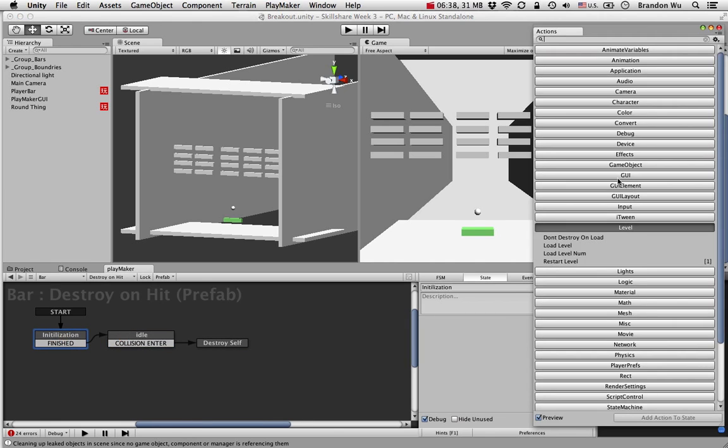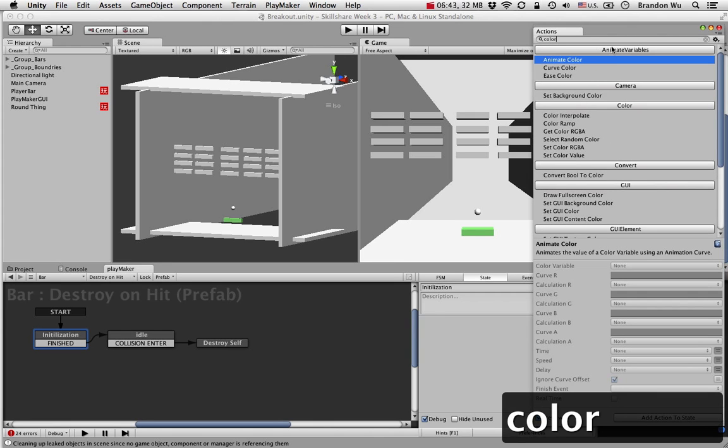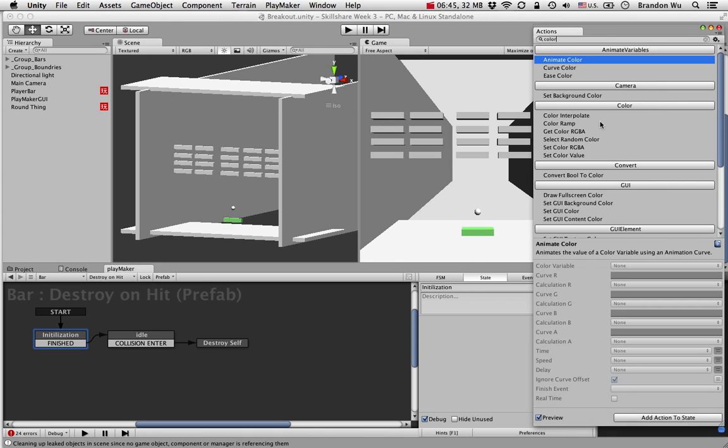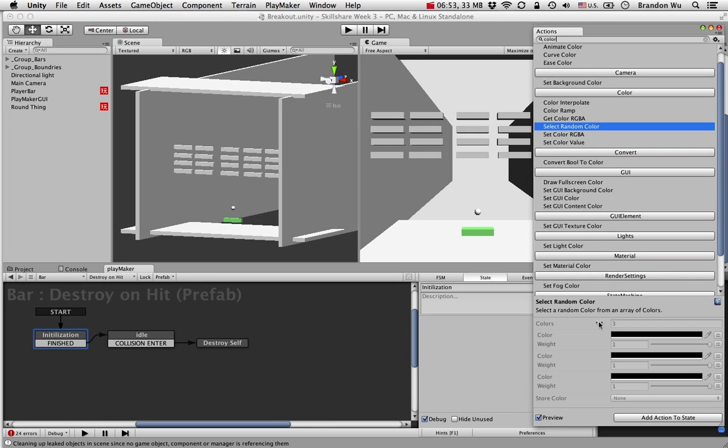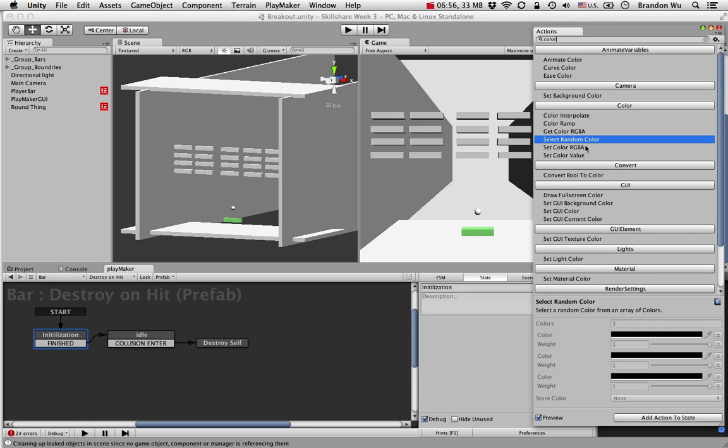Okay, action browser. See what we can do with color, right? So there is an action called set random color. So that's great. What this will do is it will set a random color to your object. Right, so let's drag that in,